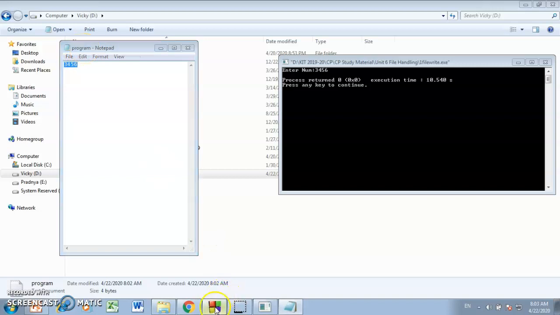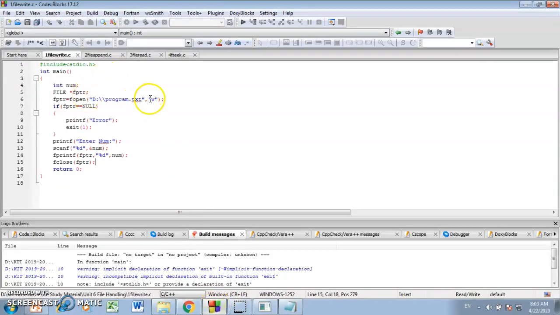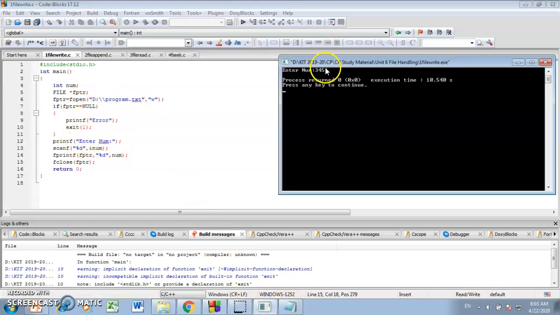So this is the way we write the contents in write mode, and it is written inside the file program.txt. I have read the number here, entered this number, and then with the help of the file pointer it is printed inside program.txt. That's why I have used the fprintf function, file printf.